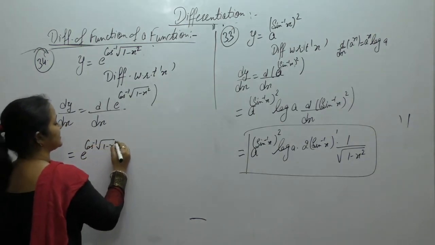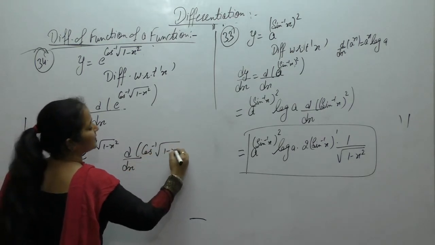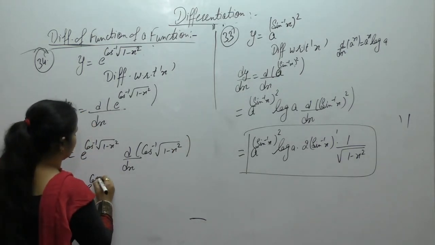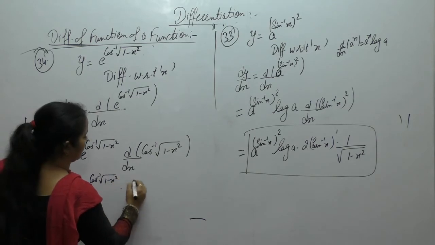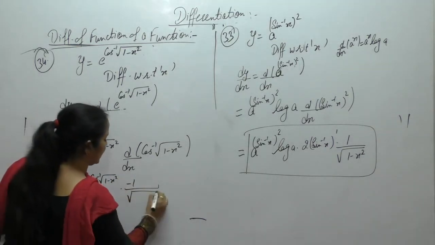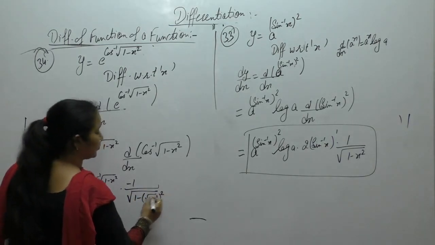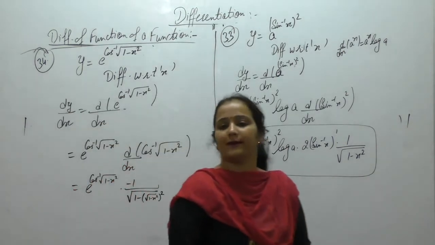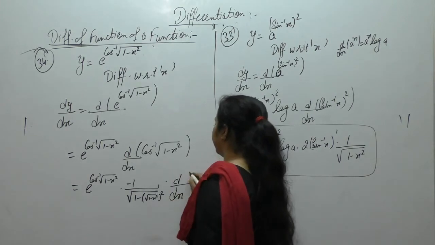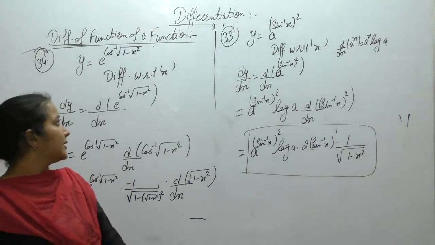Cos inverse this. Now instead of x we have this term, so the derivative of cos inverse this. Clear? e cos inverse square root of 1 minus x square. Now the derivative of cos inverse x is minus 1 upon square root of 1 minus x square. Here x is square root of 1 minus x square, into the derivative of x, which is this term. So square root of 1 minus x square. Now in the next step,